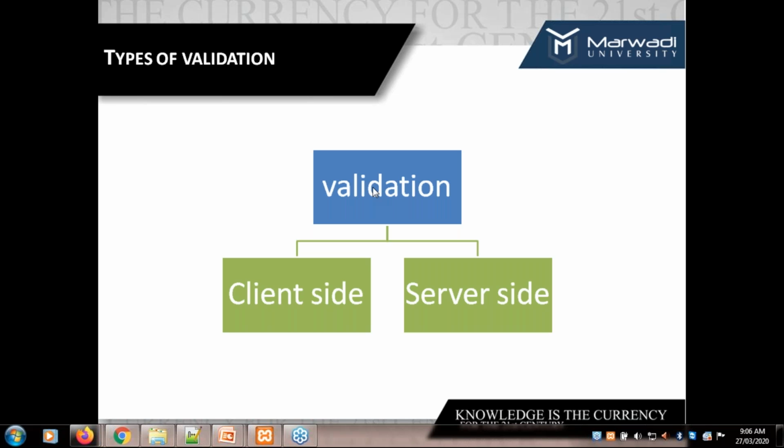Now the next question is, which technique provides more security, client side or server side? Janice has given the answer: server side. Now why does server side provide more security?